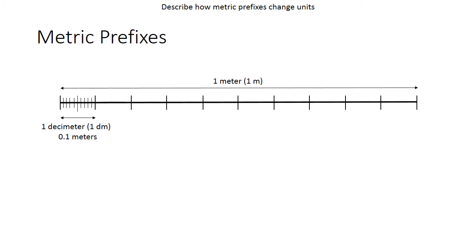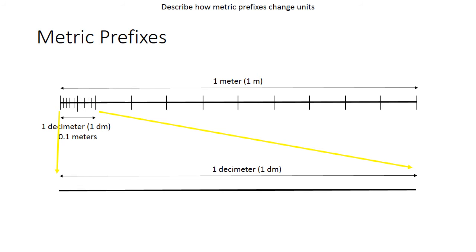So if I blow that up, if I zoom in just on that 1 decimeter, so now the length of this whole line represents 1 decimeter, and I divide it into 10 equal parts like I did up here, I have now gone from 1 whole meter, so again this whole line up here is 1 meter, and I divide it into 10 equal parts, and each of those parts is 1 decimeter, and I divide each of those decimeters